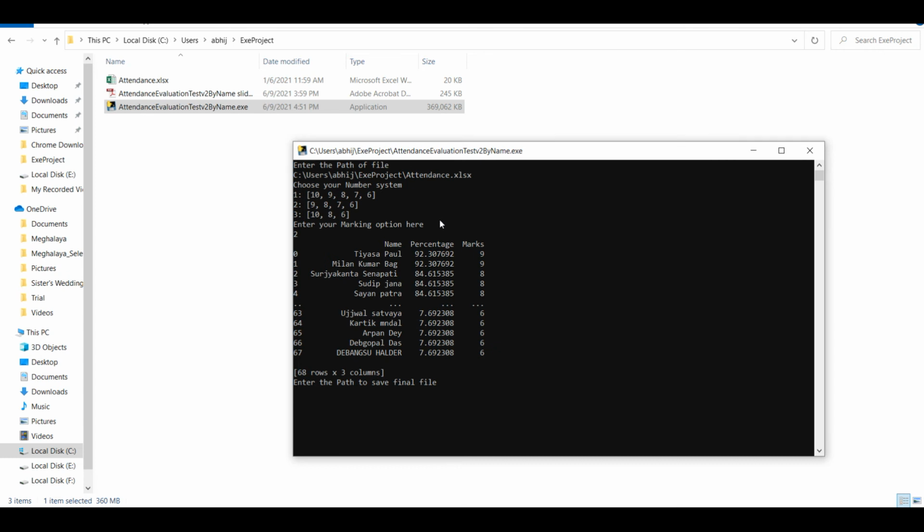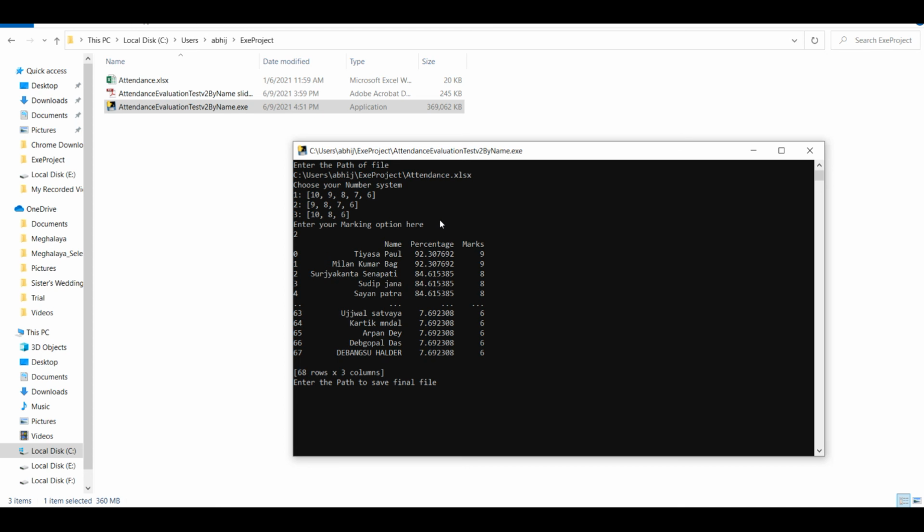These marks are coming automatically based on their percentage, and I don't have to calculate the number of classes each student attended and the total number of classes, and then do all the calculation and marking. All the boring stuff of counting and assigning marks against each student is reduced here. I can directly see the marks.